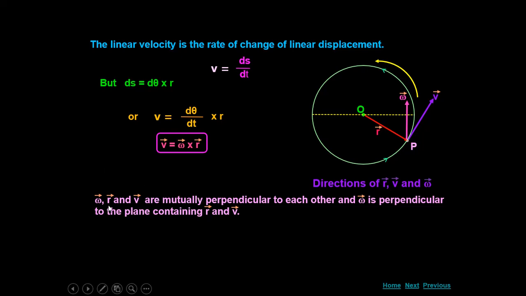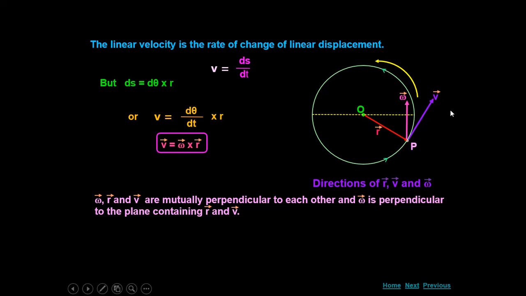So ಇಲ್ಲಿ ನೋಡ್ರಿ omega, r, v. So these three vectors: v is a linear velocity, omega is an angular velocity, r is a position vector. All these three vectors are mutually perpendicular. So if I take this along the x axis, and this along the y axis, ಅವಾಗ ಏನಾಗುತ್ತಪ್ಪ ಅಂದ್ರೆ